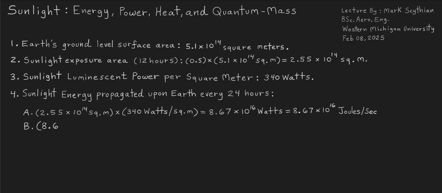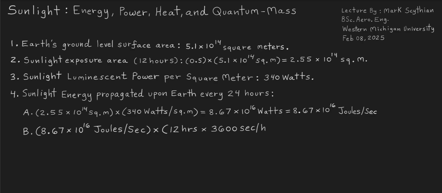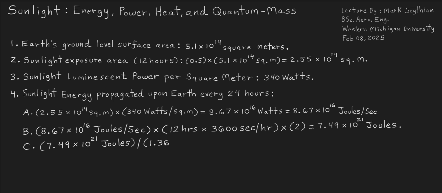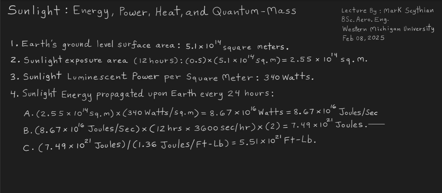So then we improve on this and take the wattage luminescent power, multiply this times the number of seconds in 12 hours, so 3,600 seconds per hour times 12 hours. And then we calculate a value of 7.49 times 10 to the 21st power joules of sunlight energy rather than power. If it's power, then it's joules per second. So then we can divide this into 1.36 to calculate the equivalent foot-pounds energy sunlight transferred to the Earth's surface